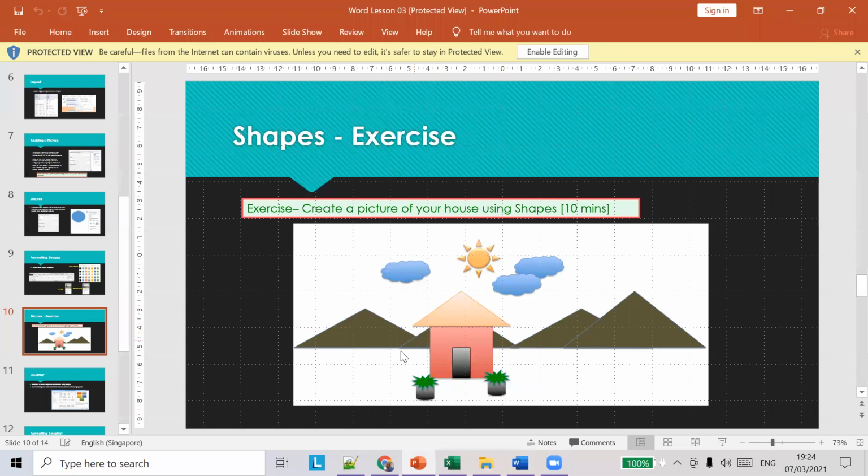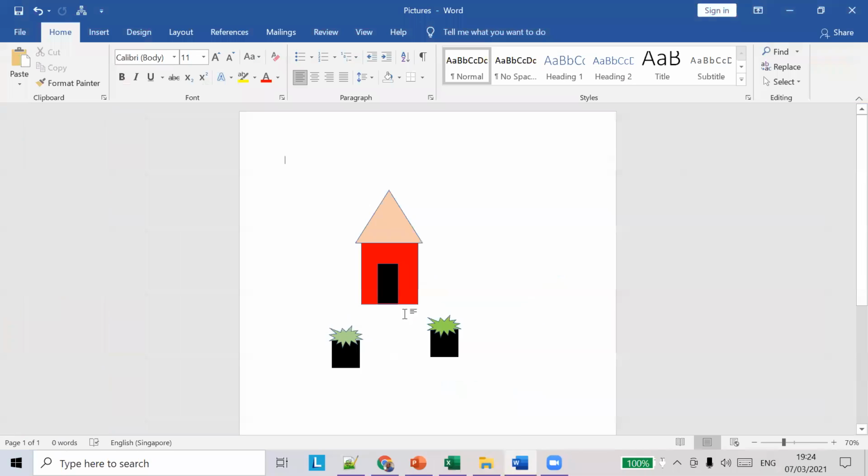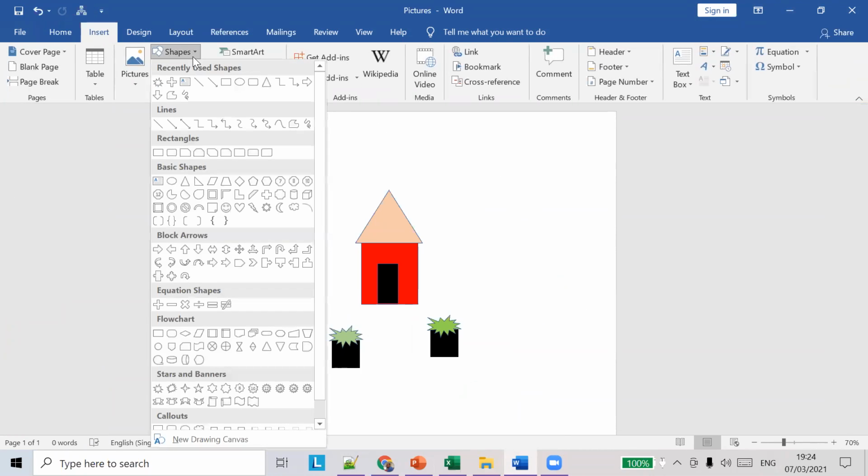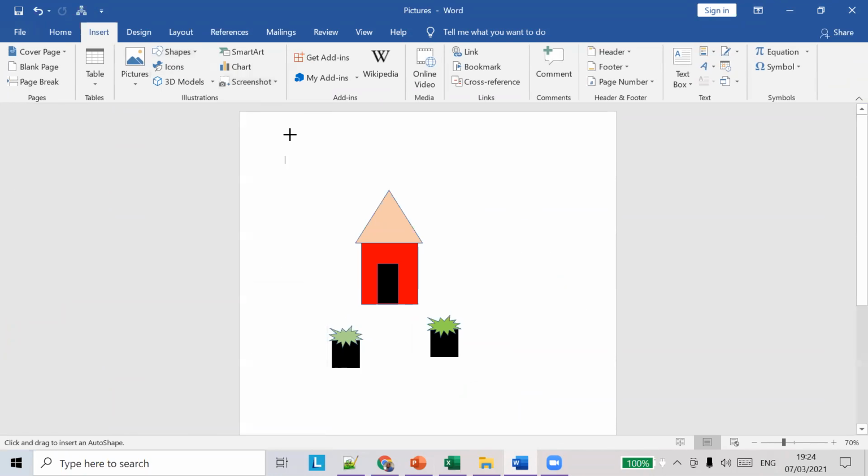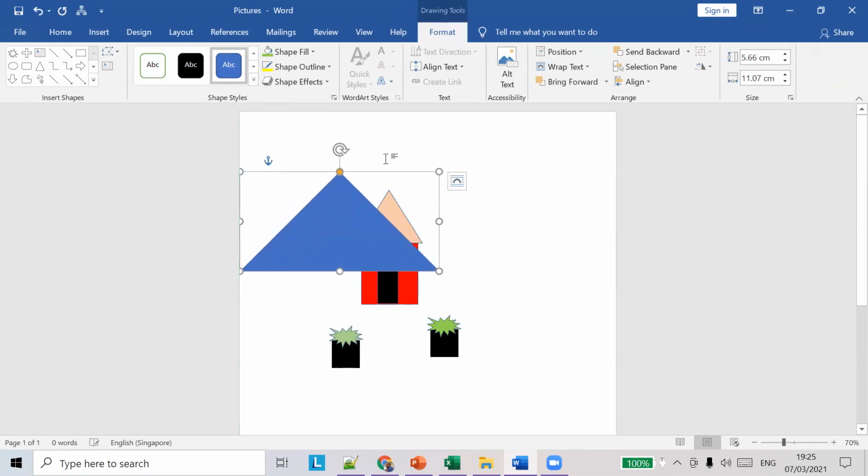So now we have to draw the mountains. So mountains, it's in rectangle shape, right? So click right. So we'll place some mountains here.